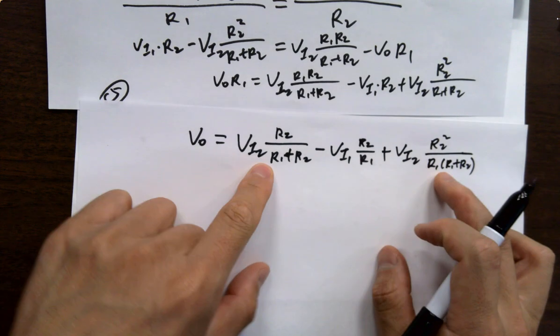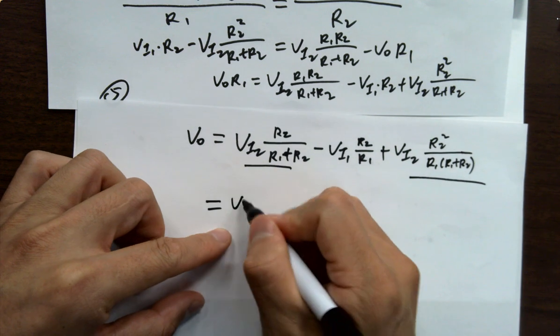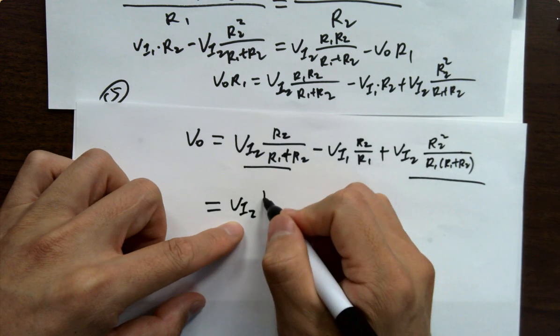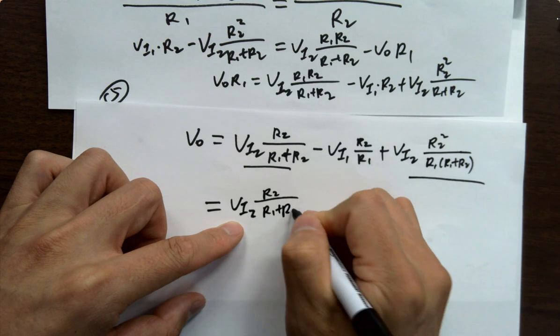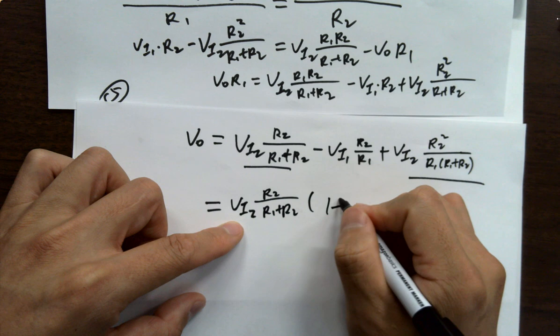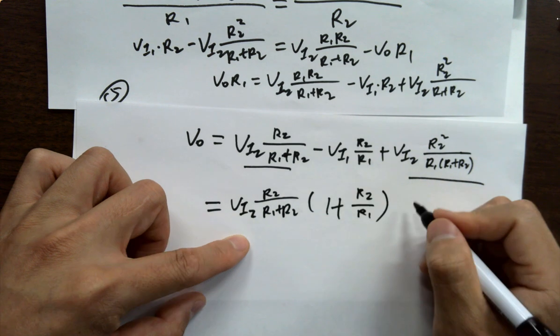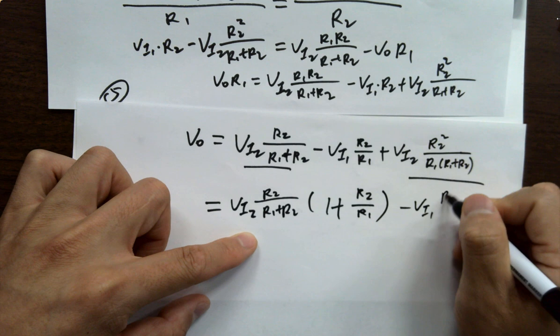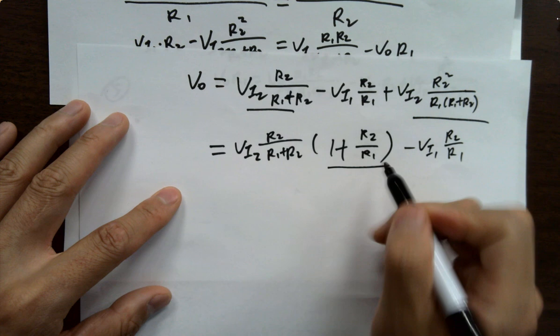Combine these two. You're getting VI2 R2. Factor this out. 1 plus, and this becomes